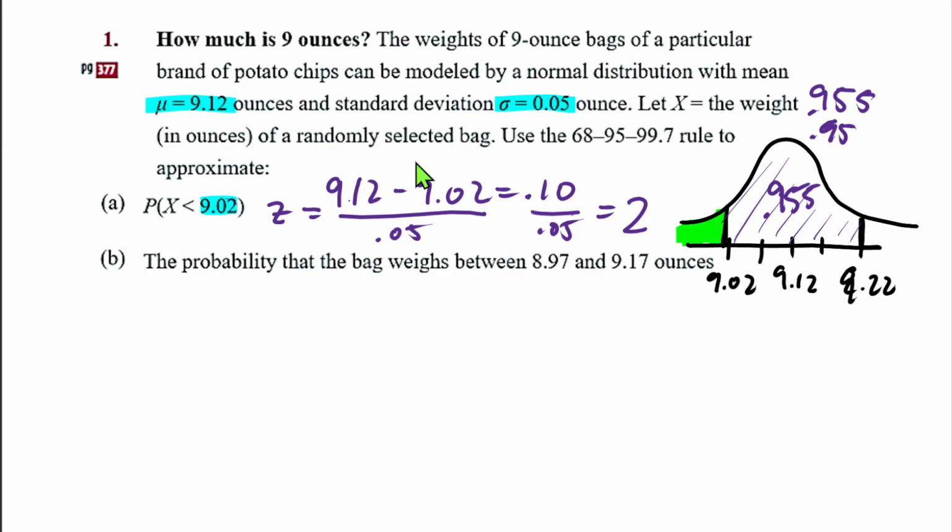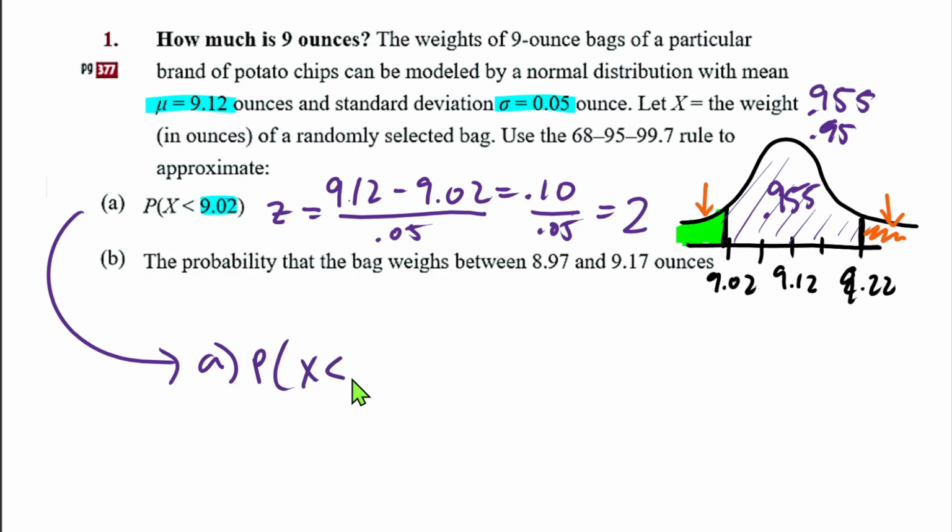Well, realize this little area and then this little area over here, these two are equal, right? They have to be, because this whole normal curve is symmetric. So the total area is 1. So the strategy you got to start realizing is that to do part A, you're going to say that the